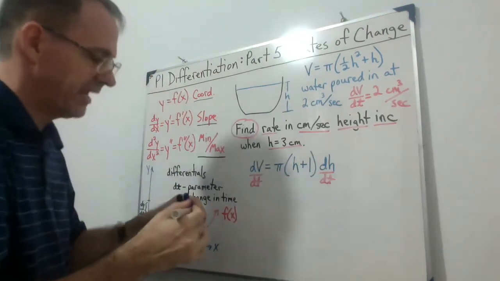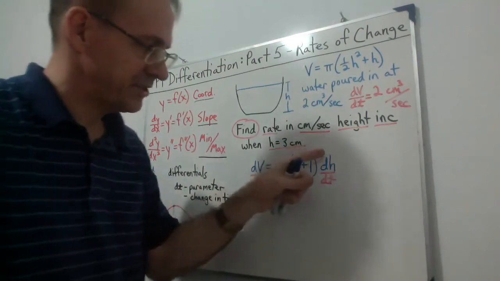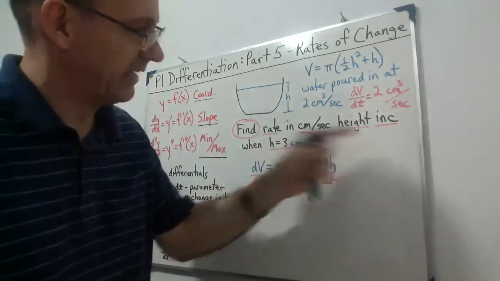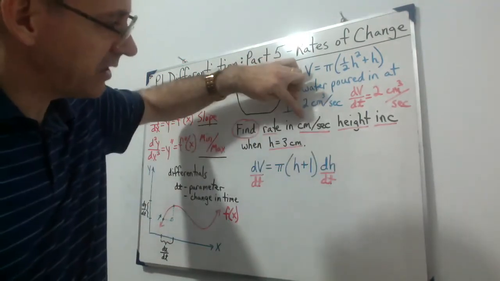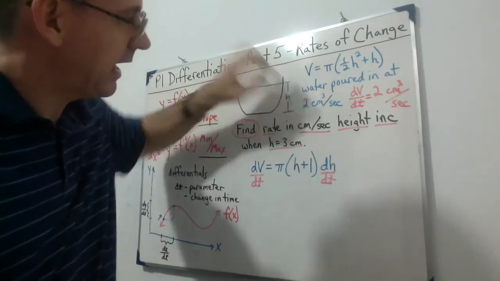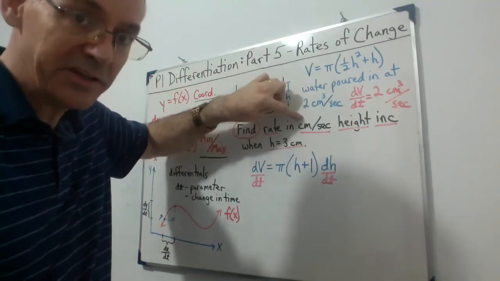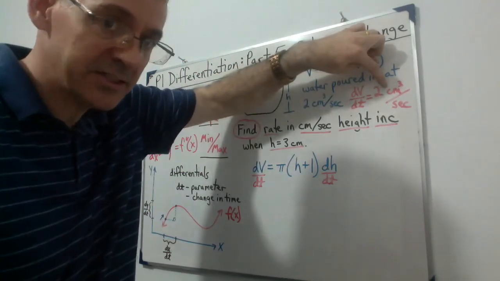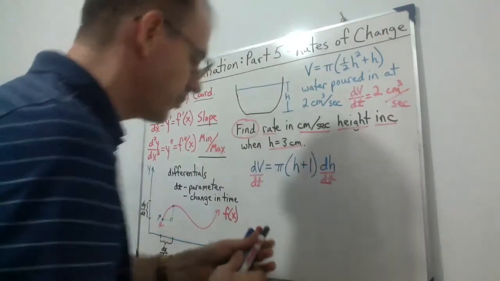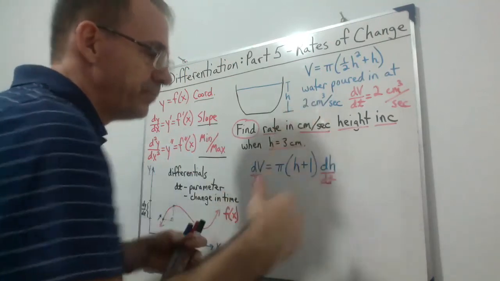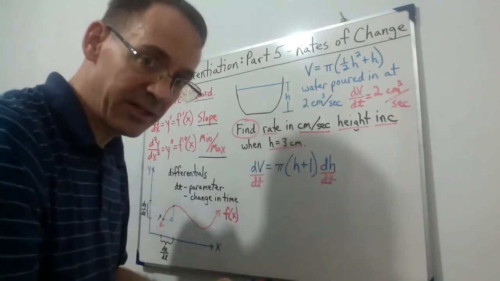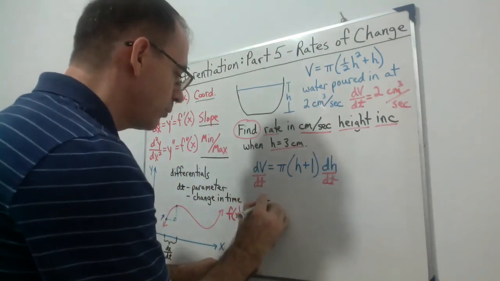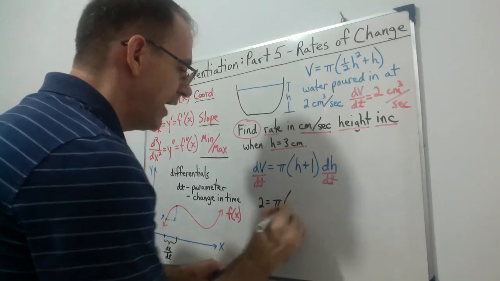Okay, so the change in volume with respect to time and the change in height with respect to time. We're looking for the change in height with respect to the time. Notice it gives us centimeter per second. Height is a linear concept, one-dimensional. So centimeter as opposed to volume is cubic, centimeter cubed. So the 2, which is being added, so it's increasing volume, so it's a positive 2 equals pi times,